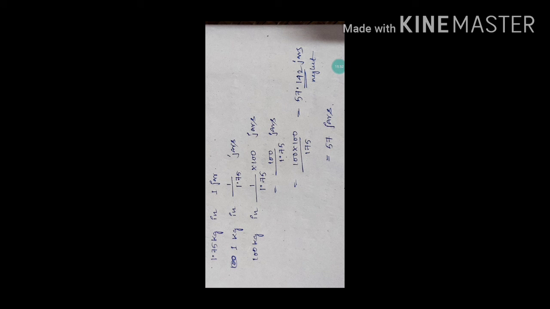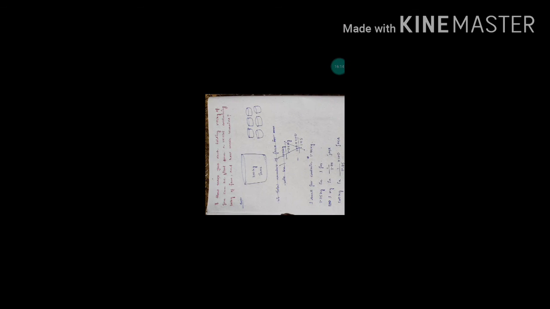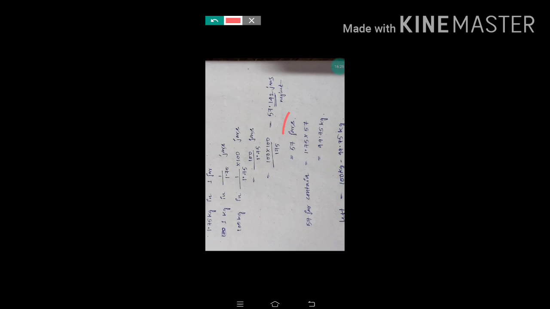So what I have to do? The numbers after the decimal point, I will reject that. That means I will neglect that. So jars, we are counting the number of quantities. So how many jars are there? 57 jars required. So now let's count. See the question, you have to read the questions properly. The question is, how much will remain. So total number of jars we got is 57.